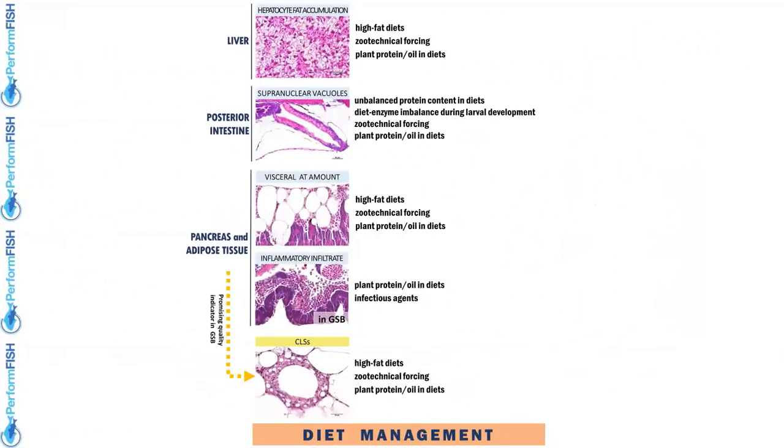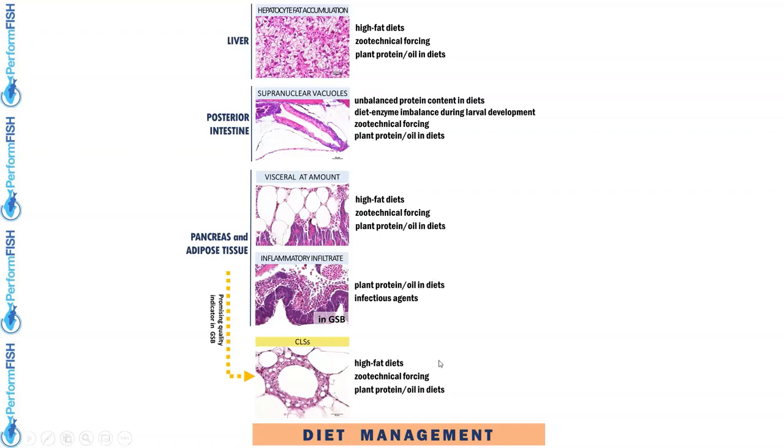Since we do not know some important zootechnical and management data of the studied hatchery, we cannot establish with certainty the cause of some lesions, but based on our experience, we have formulated, of course, hypotheses. Centrally, the cause of these alterations, in this case concerning liver, intestine, pancreas, and adipose tissue, are maybe related to nutritional